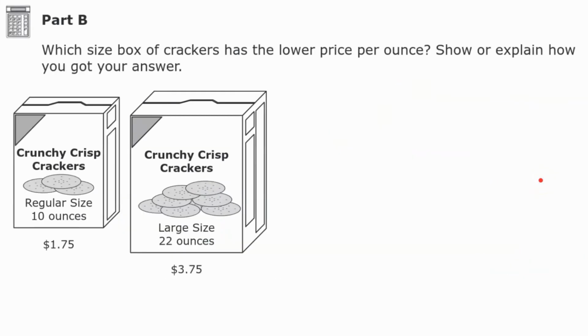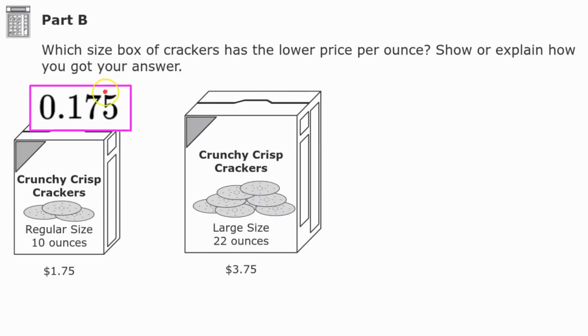Part B. Which size box of crackers has the lowest price per ounce? Don't forget to show or explain how you get your answer. Pause now and come back when you're ready. Welcome back. So we knew already from Part A that per ounce is 0.175 or 18 cents per ounce if we round up for money. Our second box is going to be